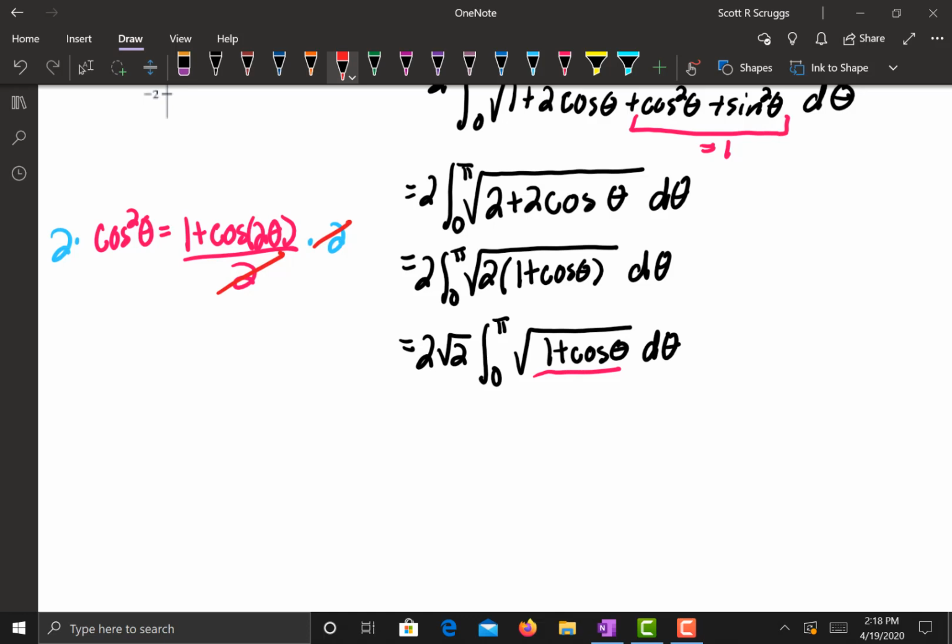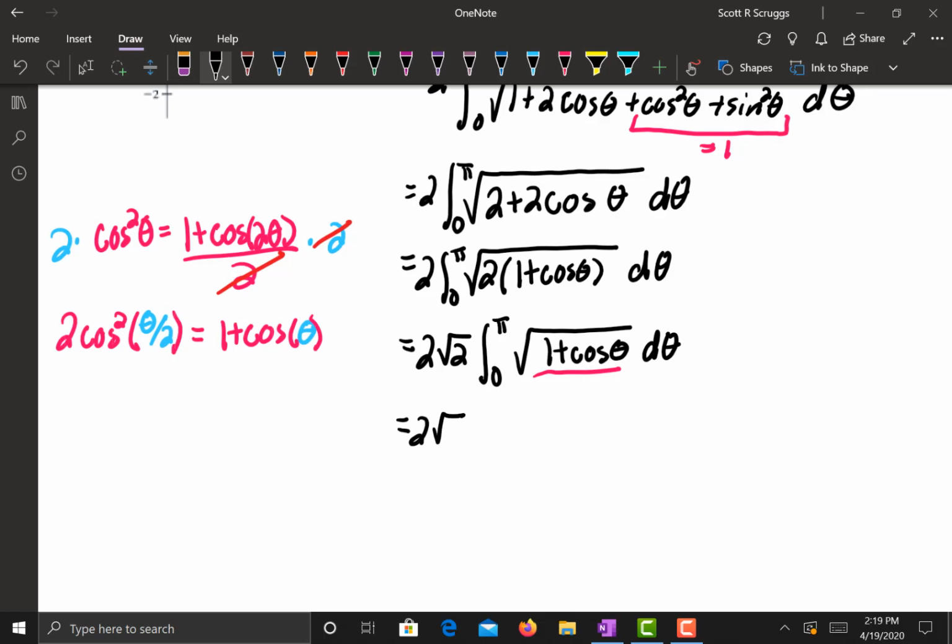I have 1 plus cosine of theta, meaning using my half angle formula, the angle that was inside the cosine squared must have been theta over 2. So that way I can have cosine of theta popping in the right hand side. Alright, and now that I know that 1 plus cosine of theta equals 2 times cosine squared of theta over 2,